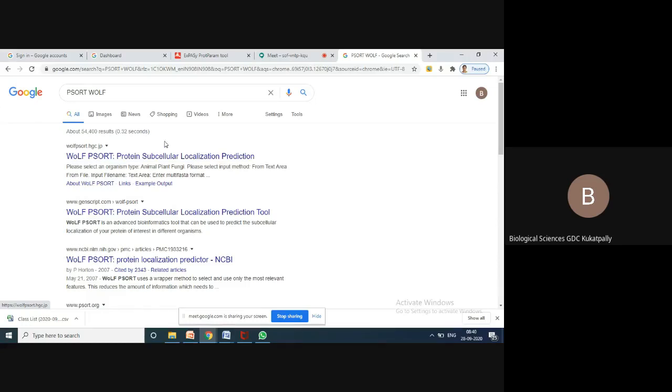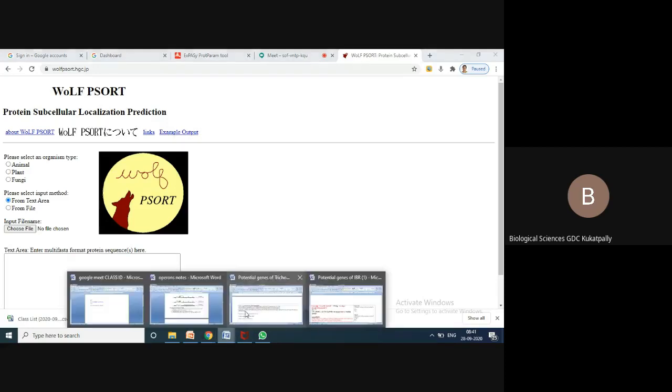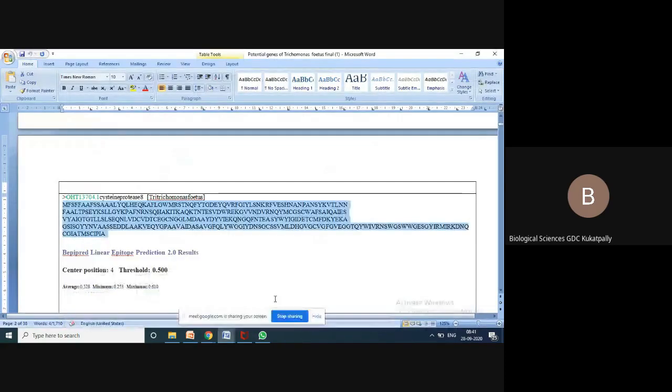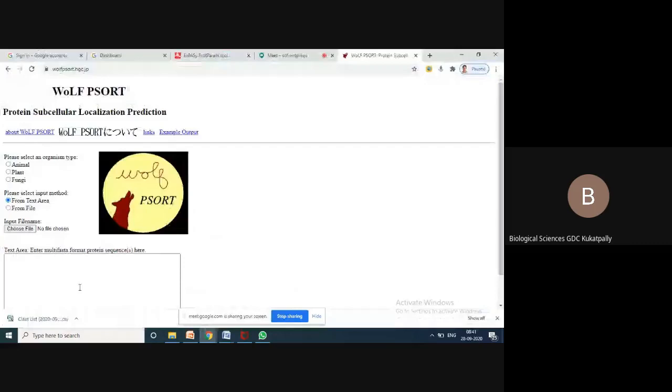So it is very important for you to predict in which subcellular organelles within the cell your protein is present. So this is a tool called Wolf PSORT. Again here what you have to do is take the same sequence, the FASTA sequence. FASTA is like a fast alignment tool. You will have an arrow mark, some protein ID, some small information about the protein and the organism from which this protein is present, and then the sequence from your starting amino acid to the end. You have to copy this sequence and paste it in Wolf PSORT.